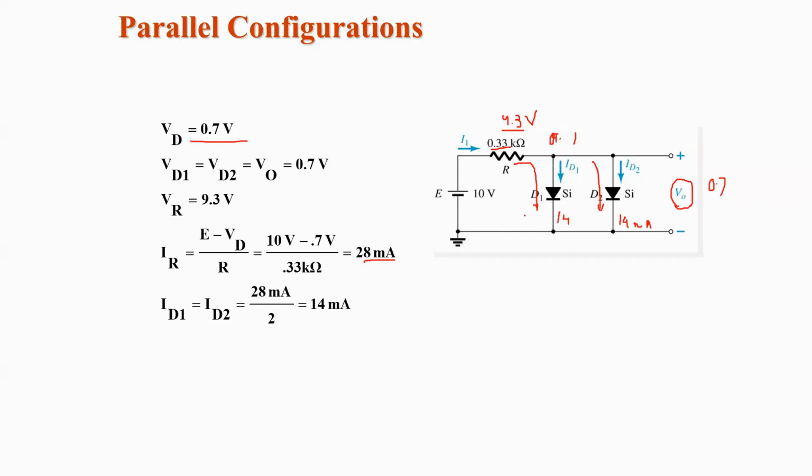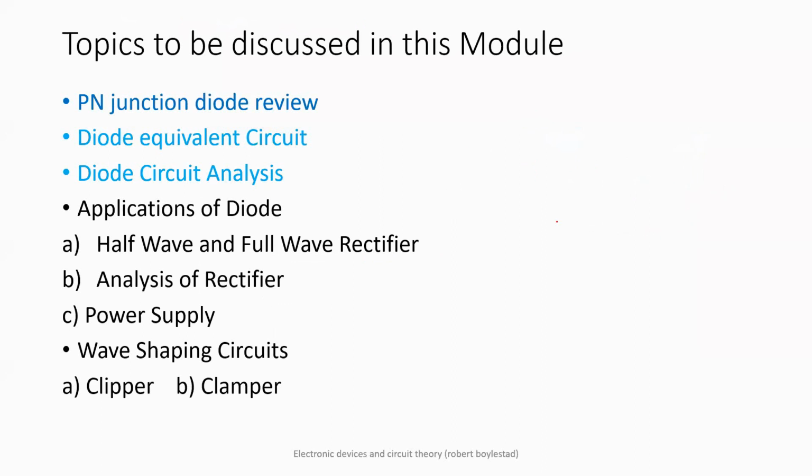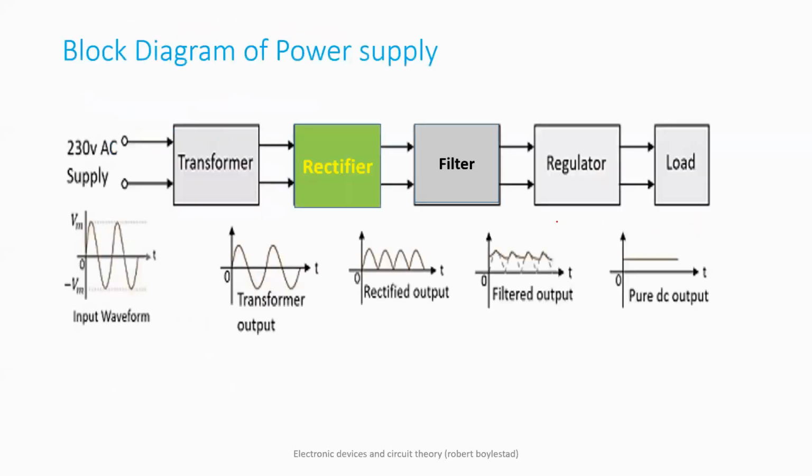So this is a quite simple example to let you know what happens to a diode in a parallel configuration. When you are operating diodes in parallel, the voltage across the diodes is 0.7 volts. So you are measuring this voltage, and it is to be 0.7 volts. That is important. Based on the knowledge we have gained in this lecture, we are going to discuss the applications of diodes in the coming classes.